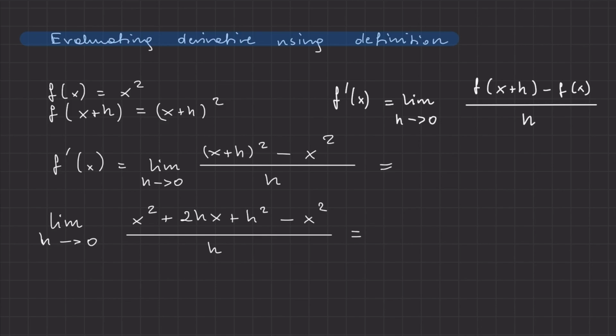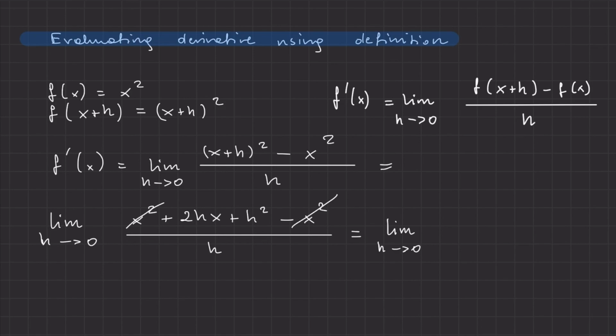Okay, so x squared and negative x squared will add up to 0. And this leaves us with these two terms, and as we can see, both of them can be divided by h, so it leaves us with limit as h goes to 0,